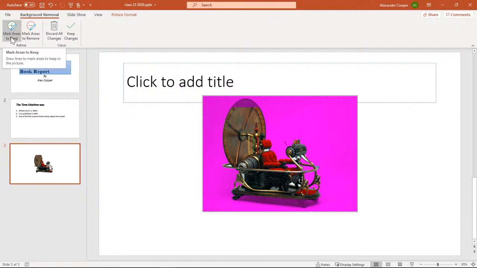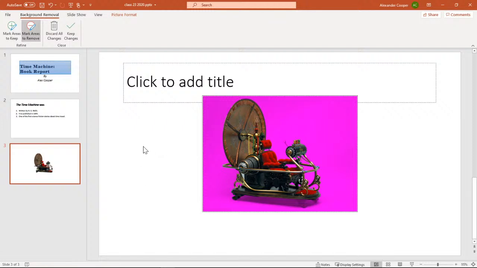And I will actually mark the areas to keep because that's a little bit easier here. All right. And the white area here should be transparent. Oh, good. And here. All right. So I think the rest work okay.